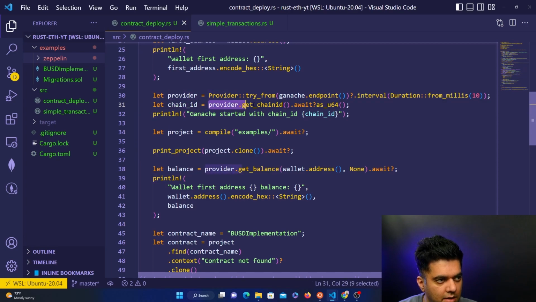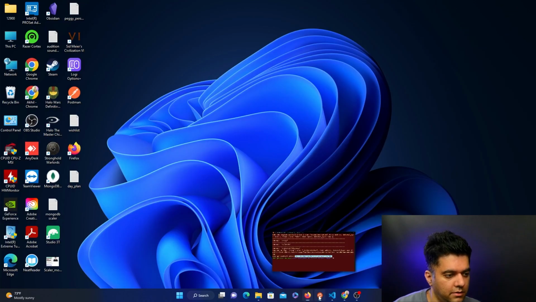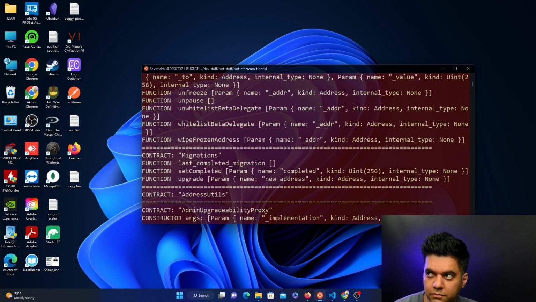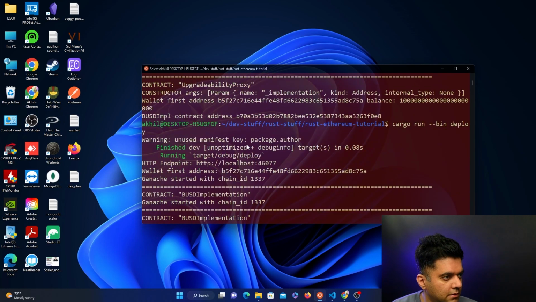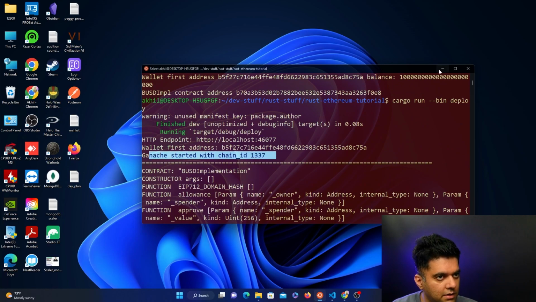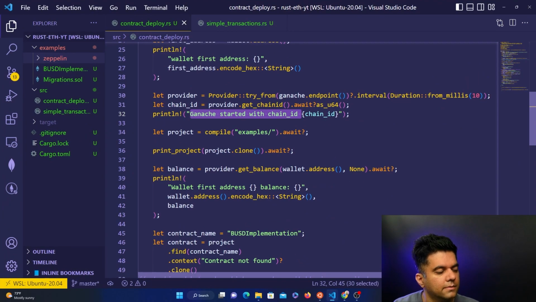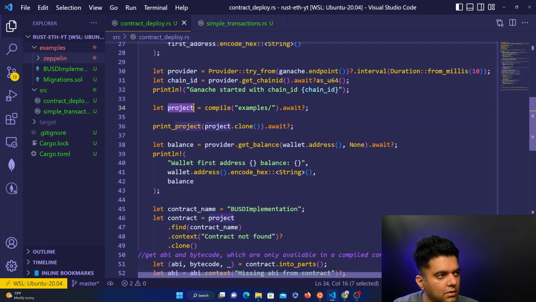So let's get the chain ID first, and we can print it out. Ganache started with chain ID. So here, when you see it in the terminal, you see it's going to start with chain ID 1337. Awesome. Then what you want to do is take a variable called project, compile all the examples